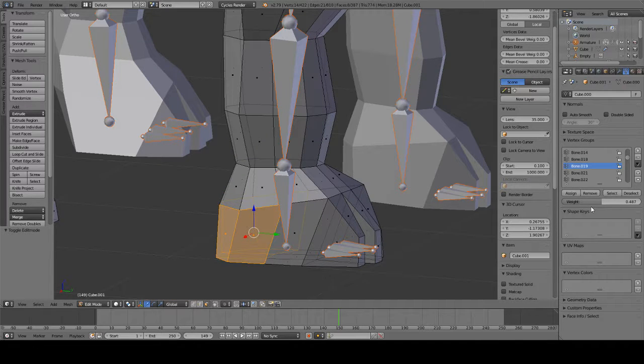I'm stupid. I know what I was doing. I just figured out why it was splitting the weight. Although Xmirror was off, it's because the mirror